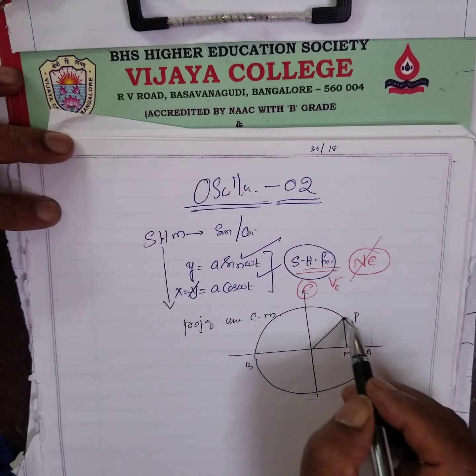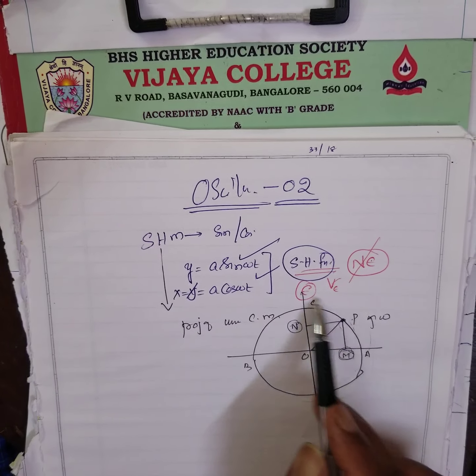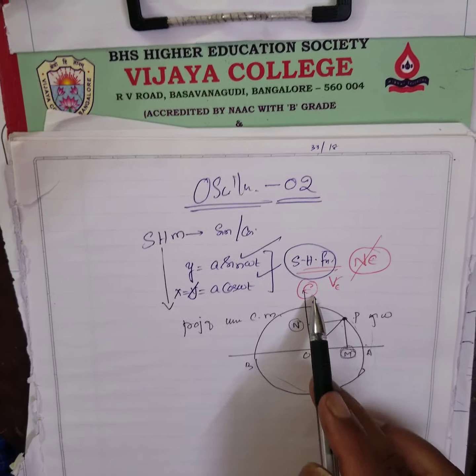See, when the particle goes around, what will happen? M goes to and fro around the mean position. This is called the mean position, to and fro projection. Therefore, simple harmonic motion is the projection of uniform circular motion. It is moving with uniform angular velocity. Projection means shadow. Projection of P, here I can also write N. N is the projection of P on the diameter A, B, C, D. Therefore, a simple harmonic motion is the projection of uniform circular motion on the diameter.